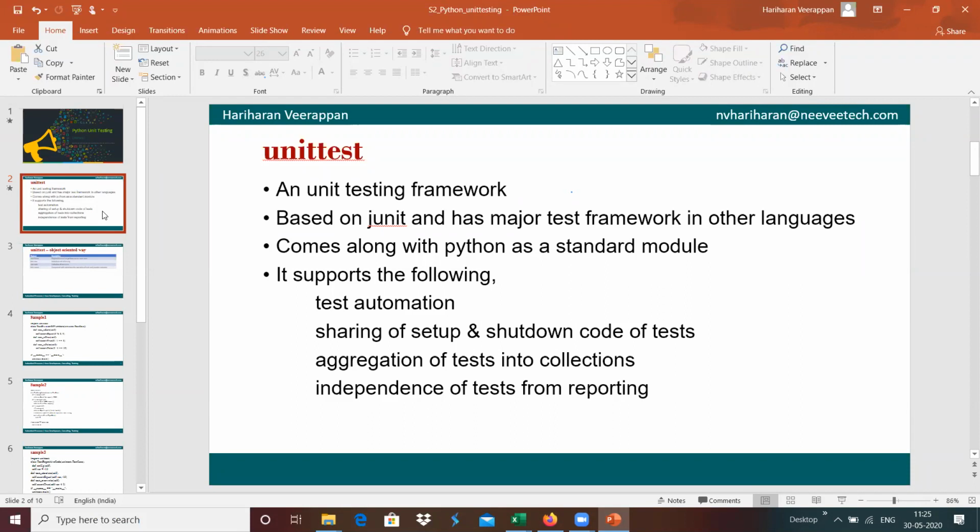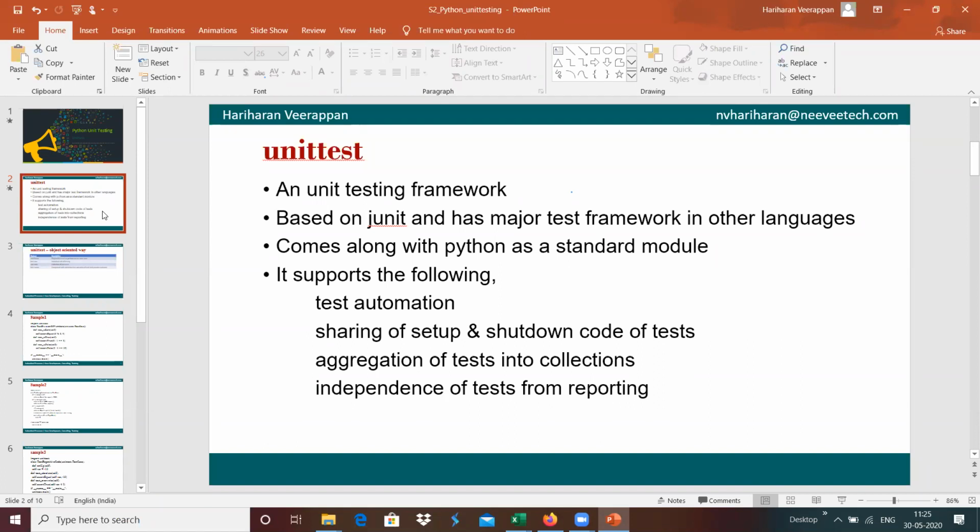Unittest is the Python module which is based on JUnit, and it has major test frameworks in other languages as well. Unittest comes along with Python as a standalone module. We need not install any additional packages for this.